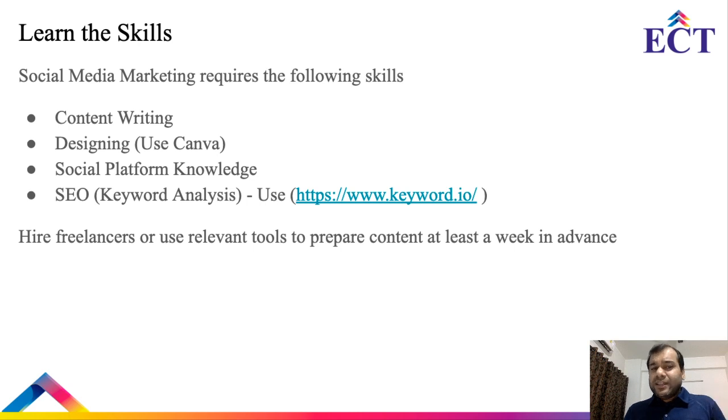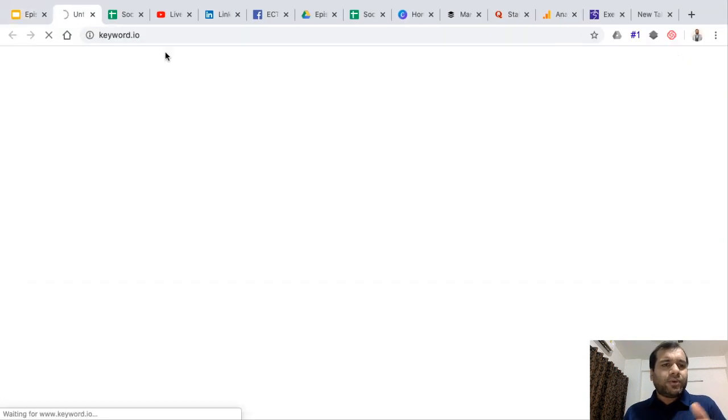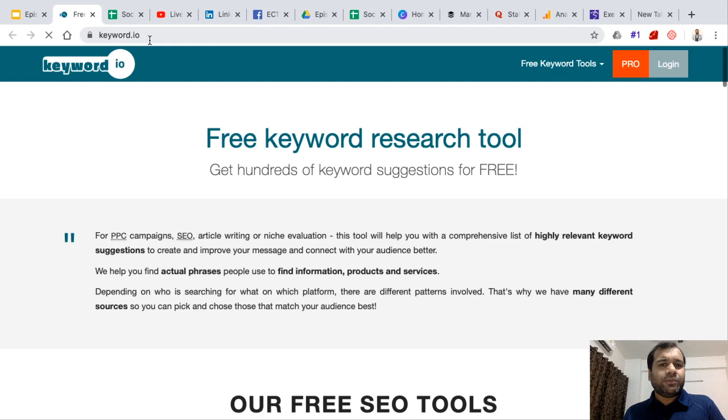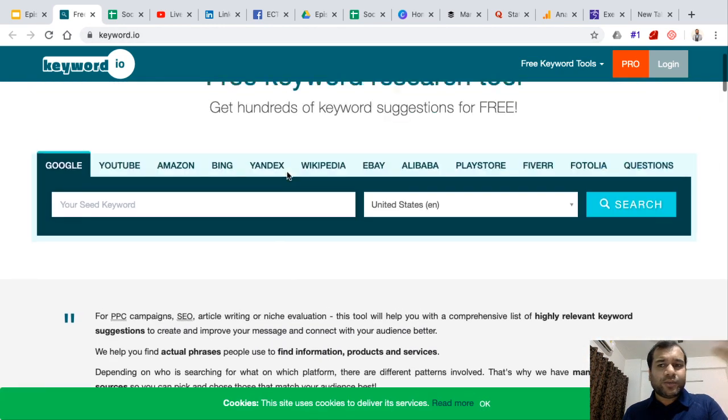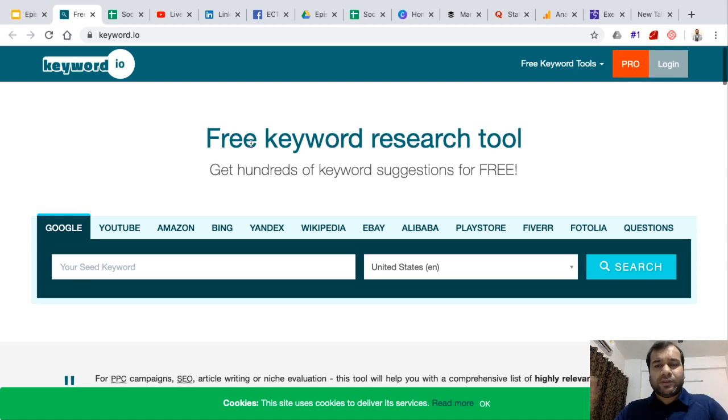And then finally SEO, which is keyword analysis. Only keyword analysis, if you know, that is okay, because if you are a business and you know keyword analysis, and these tools are quite simple. So for example, I have taken this keyword tool, keyword.io. Suppose I had to give the name of this session, what is the name that I am going to use.